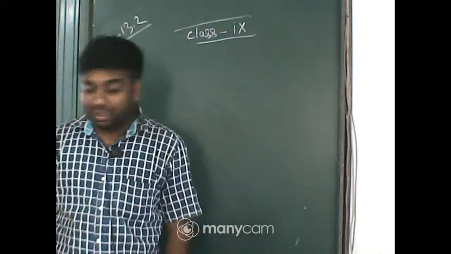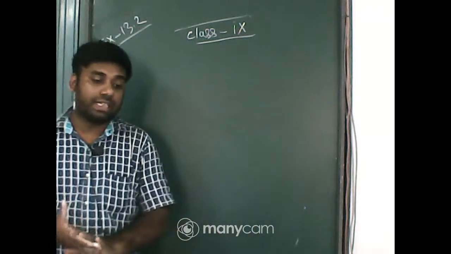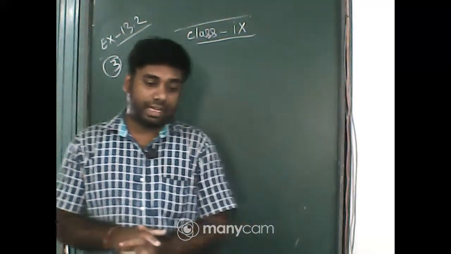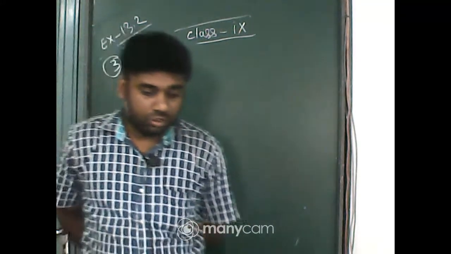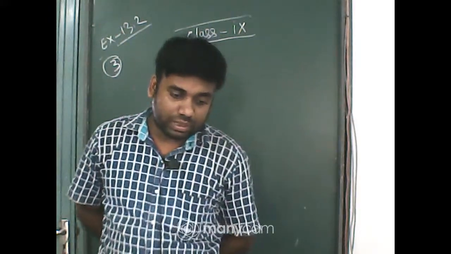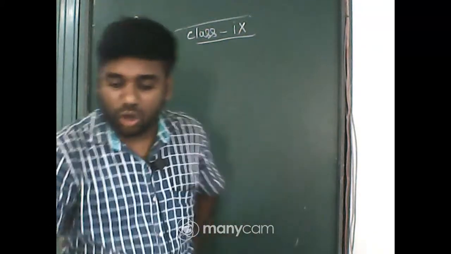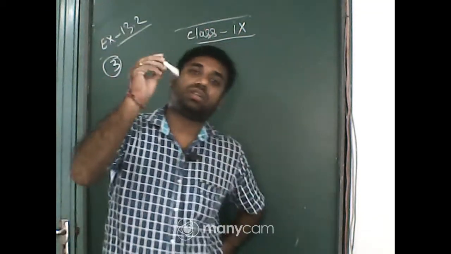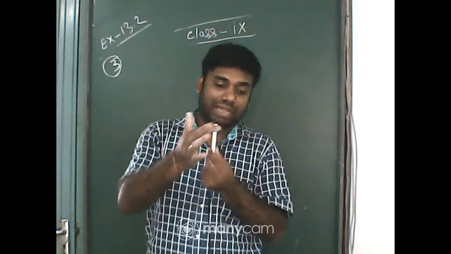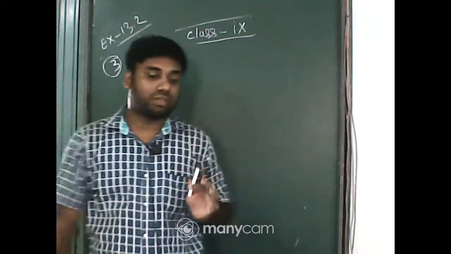First of all, give me an example of a closed cylinder in your daily life. Quickly, each of you has to answer. Yes, gas cylinder. Okay. Chalk, yes, chalk is a closed cylinder. That surface is the curved surface area. If you add the upper circle and lower circle, you will get total surface area.